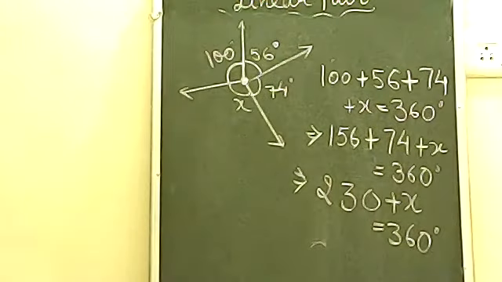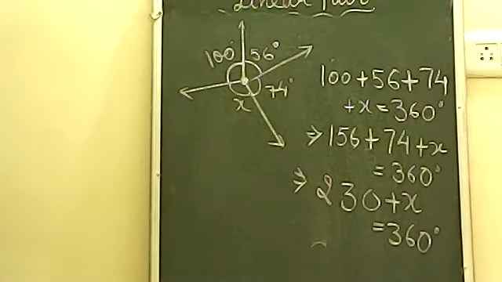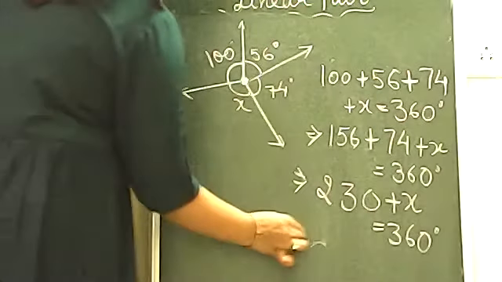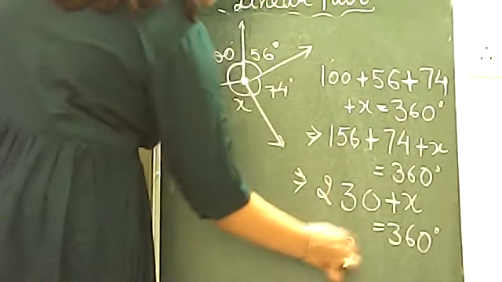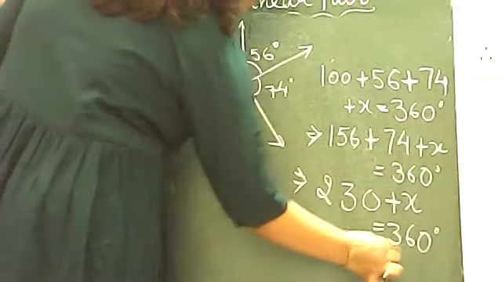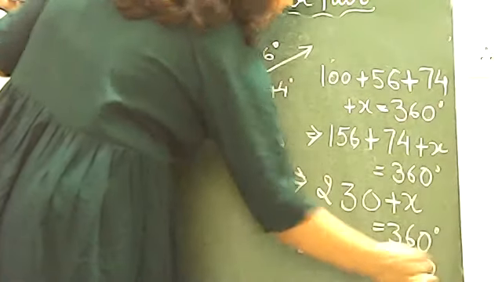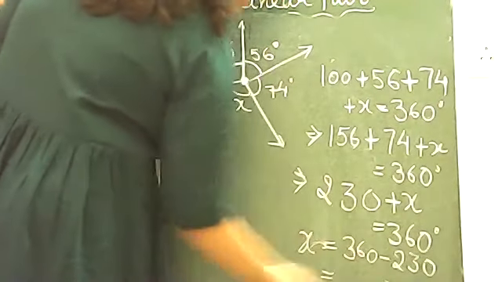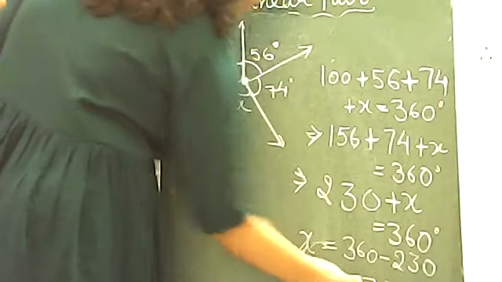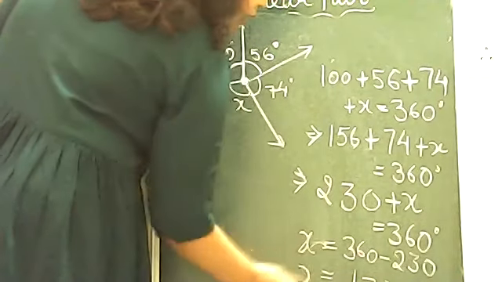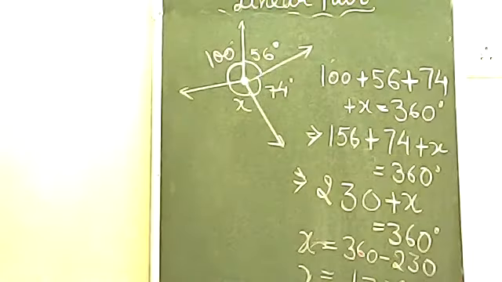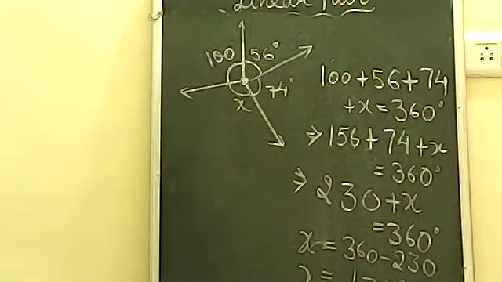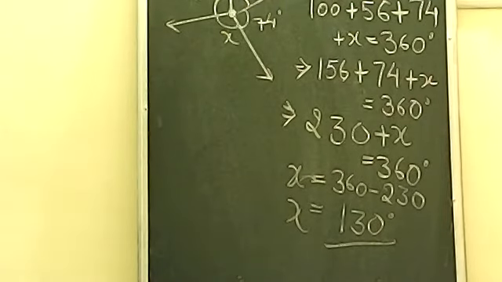Okay. Now we have got this. Now let's find out the last step, that is the x value. The value of x will be 360 minus 230. Now 230 means 0 minus 0 will be 0, 6 minus 3 will be 3, 3 minus 2, 1. Now the value of x will give you 130 degrees. The value of x is coming here 130 degrees.